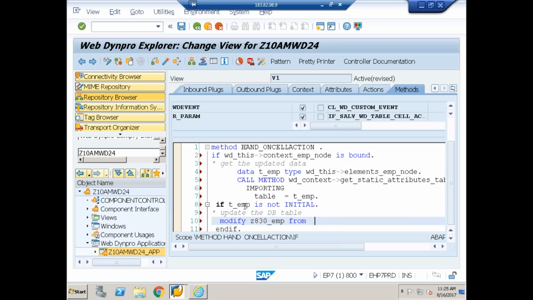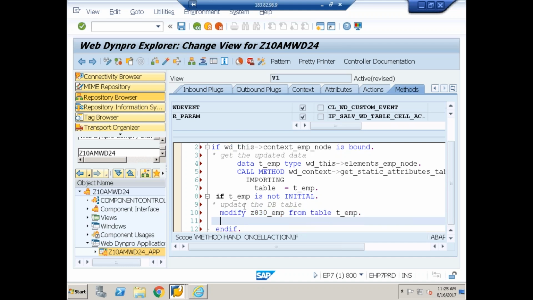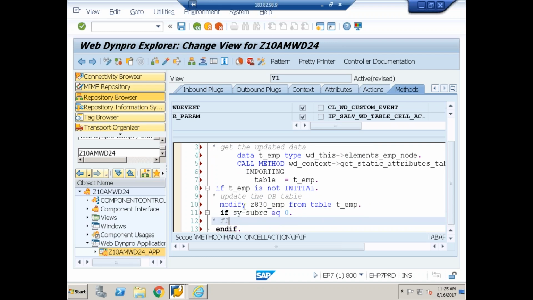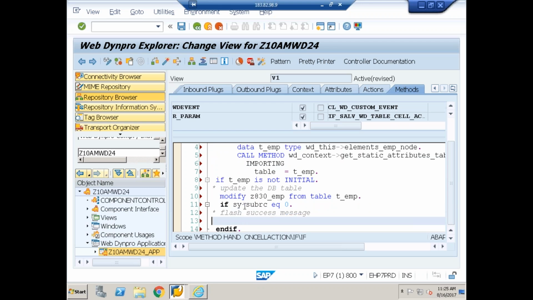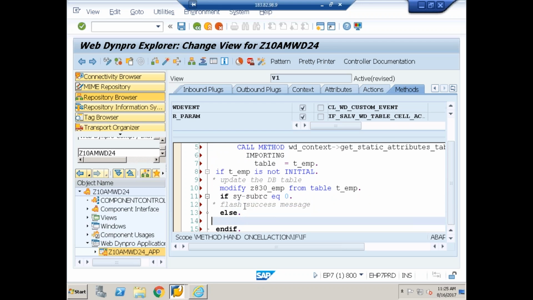Modify the table from t_emp, the internal table. If the updation is successful, if sy-subrc is equal to 0, you write the logic for flashing a success message, else flash